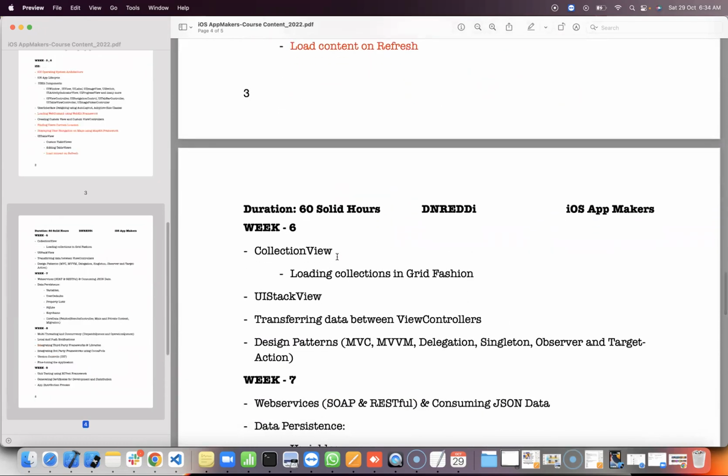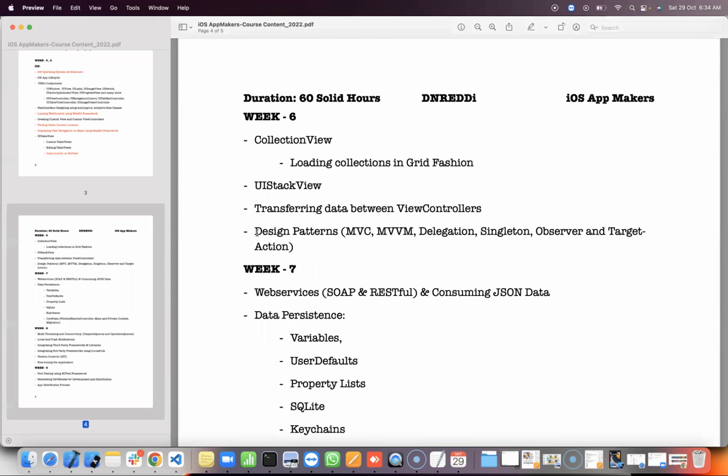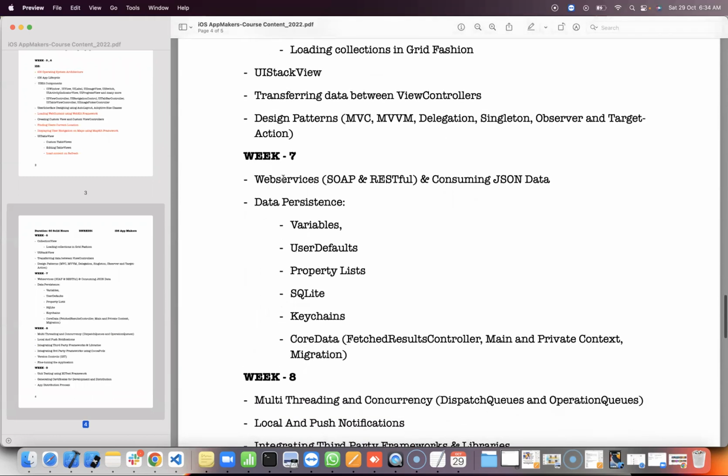We will see that. Loading the collections, stack views, transferring the data between view controllers, and design patterns, which we need to see. Okay. Then web services,